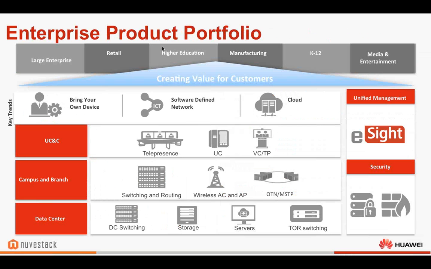Today, we're going to focus in on the Desktop as a Service solution area, which ties from a Huawei perspective to our server market. But we also have a very large networking portfolio ranging from top-of-rack switches all the way down to campus switches, wireless, full wireless controllers, and we focus quite a bit on the networking space. We also have a telepresence portfolio and various UC&C products, including video conferencing. And then on the data center side, I mentioned servers, but we also have quite a bit of storage product portfolio. And then the verticals that we primarily focus on are education, retail, and also government and overall commercial business. So that's just an overview of the Huawei product line.